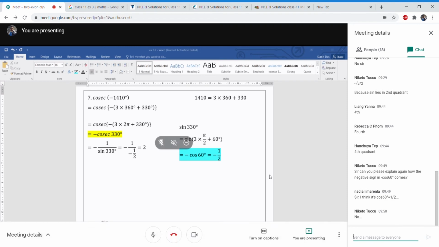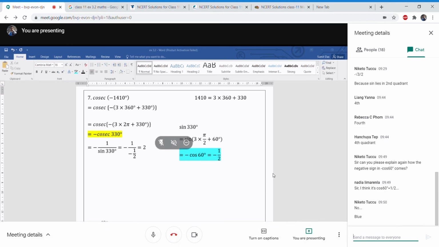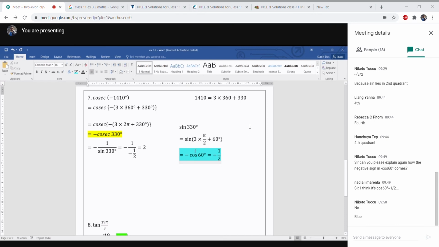Look here. I told that we got minus 1 by sine 330, right? After that, in the graph, I'm finding sine 330. So for sine 330, in the next line I can write